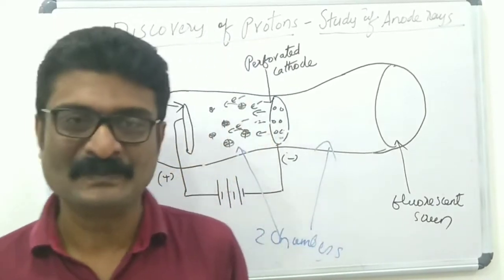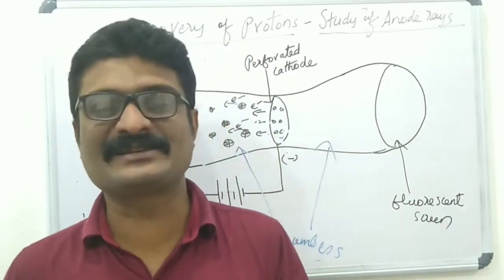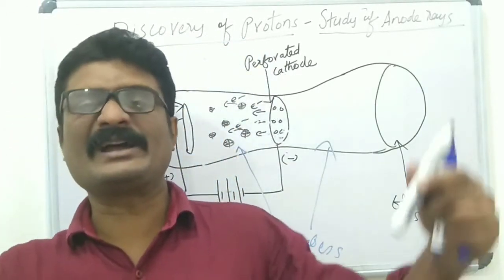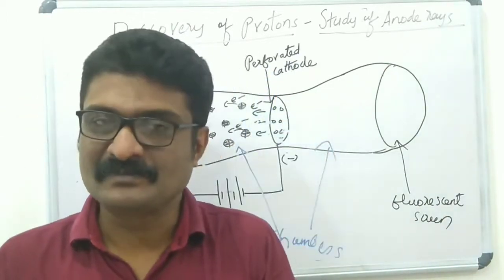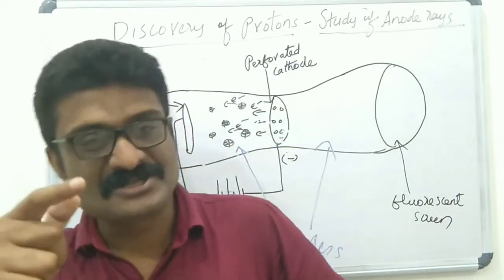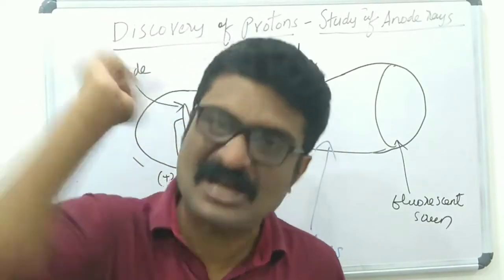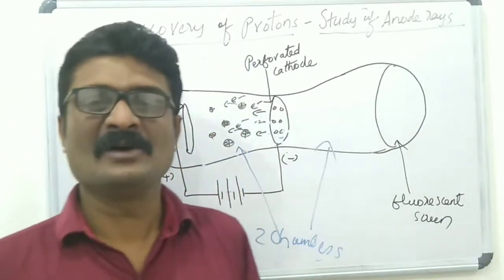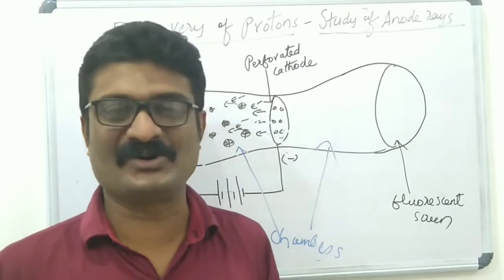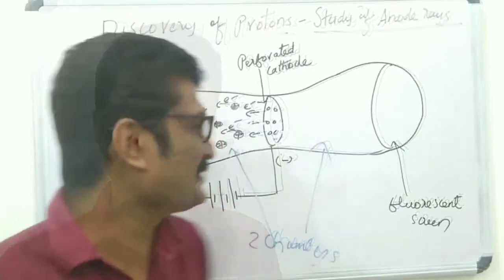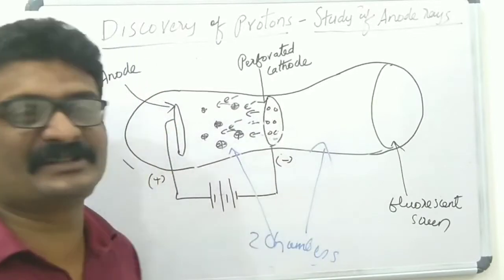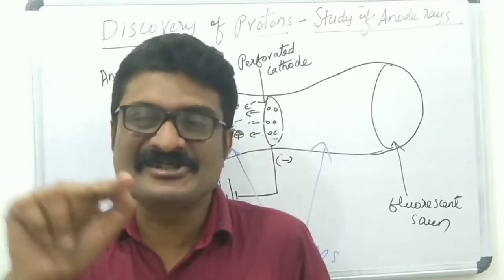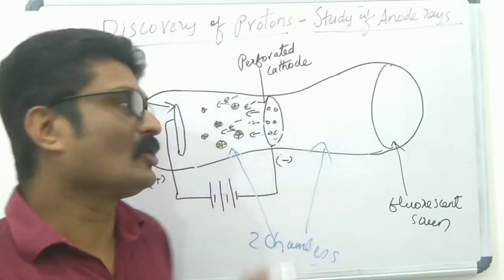We have already studied that cathode rays can ionize gases. When the electrons emitted by the cathode collide with the gaseous atom, these electrons knock out the electrons from the outermost shell of the gaseous atom. Then the gaseous atom changes to positively charged ions. Then these positively charged particles move towards the cathode and pass through the holes